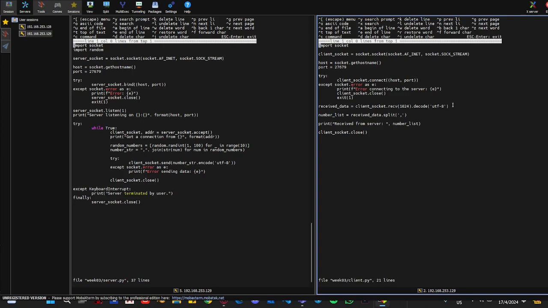And this line here, and as we know, we just sent random numbers from the server to the client, so the client has to receive them. So this line right here receives the data from the server, and as we can see here, we use the receive method. And this line right here